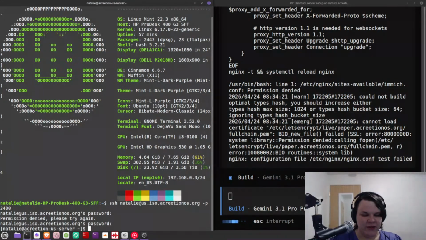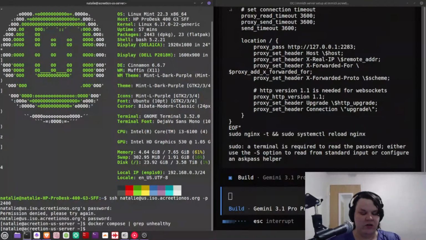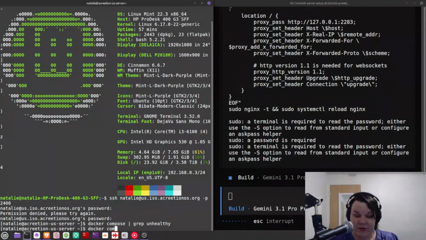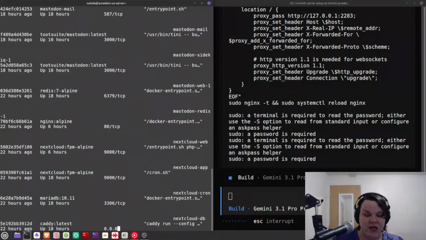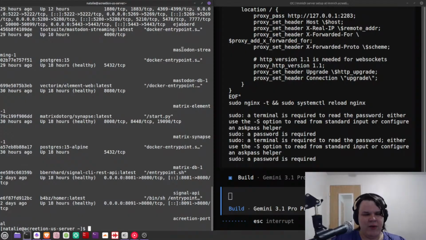We're going to first look in the Docker containers, and then we're going to grep for the word unhealthy, because that's what should pop up if it's an unhealthy Docker container. Actually, that means everything should be online in this one. Not Docker Compose, Docker PS. So, look here, we have a Mastodon server.